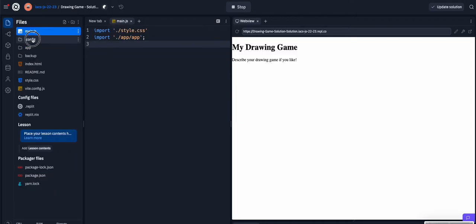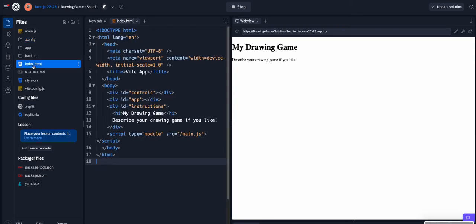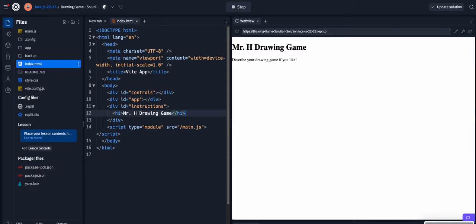If you look over on the left, there's all these different files. Most of these files you shouldn't touch. Index.html is our actual web page. So that's where you could change the name. Like I just changed Mr. H, and I'm going to see Mr. H drawing game show up there. I'll get rid of that because I don't like it. And